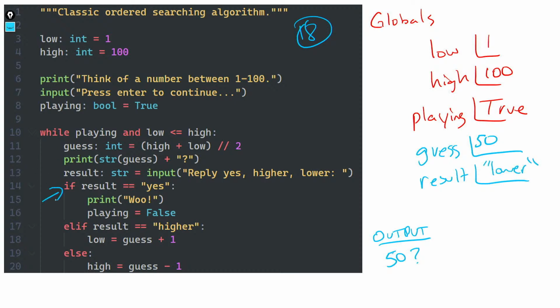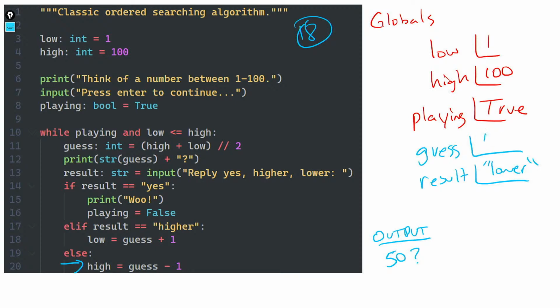Then we reach an if-elif statement where if the result is equal to yes, that's not true, so we go to the elif. Elif result is equal to higher, that's also not true. Else, we're going to go into the else block here and assign to high guess minus 1. So our guess was 50, but now we know that it's not 50, it must be lower than 50.